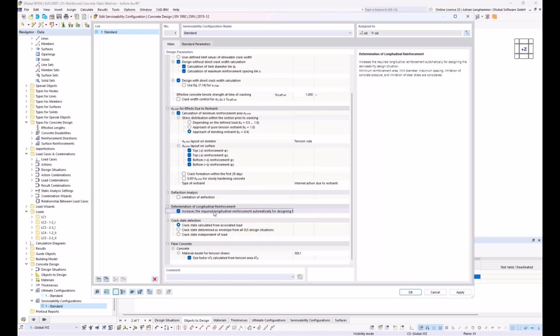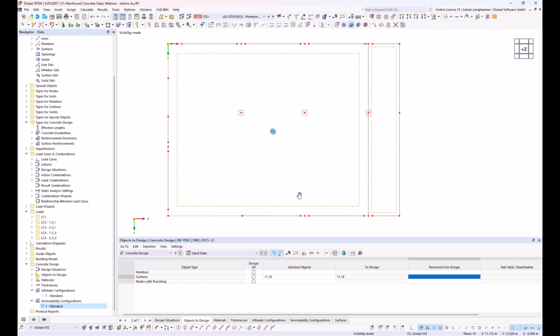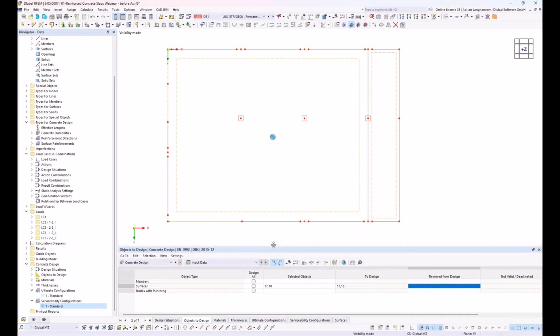Then I have here this option, which is activated by default, that the program increases the required reinforcement automatically also for the SLS. And here you have summarized for which design checks it is used. So I keep this option on because this is my first step. I would like to calculate the required reinforcement. So now the input is done, and I could start the calculation